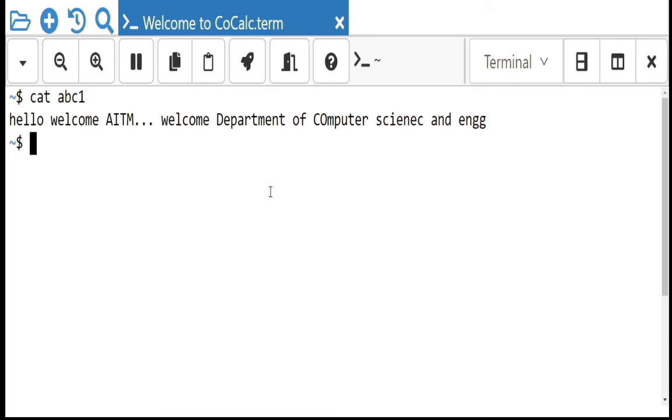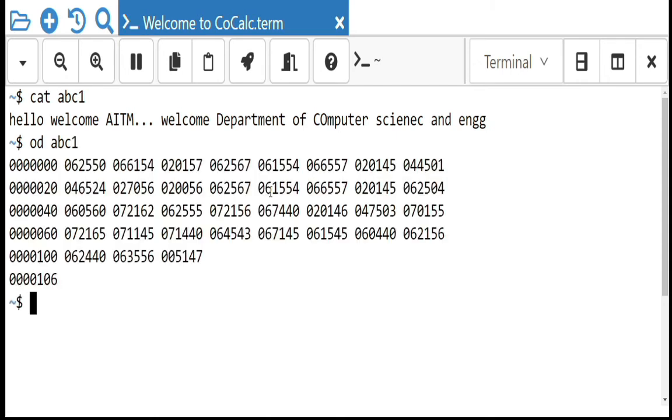Now I want to convert the content of ABC1 file to octal format. So for that the od command will be used and the file name will be ABC1. See here, it is displaying the contents of ABC1 in the octal format.